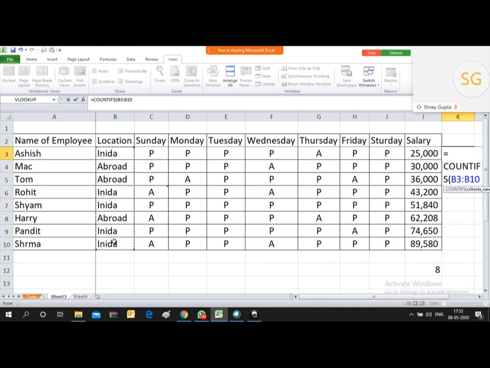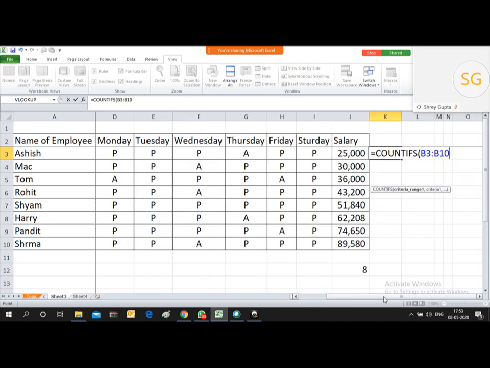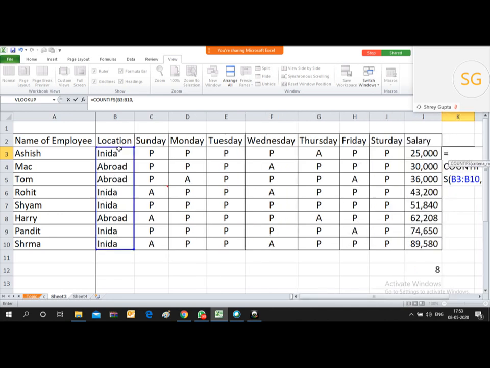After selecting, this is my first criteria, that the formula should look for in this column only where the word India is appearing, right? So put comma. I need to provide the second criteria. Since I have already selected the column, the formula will look into the column for India.